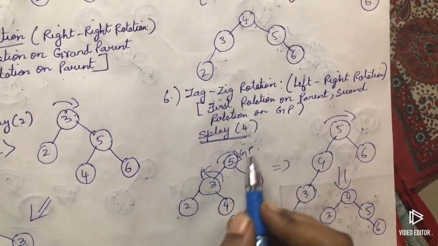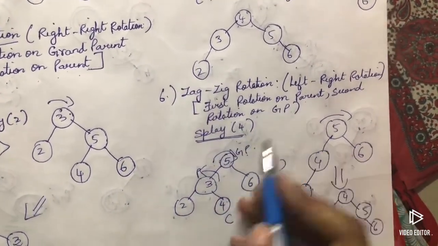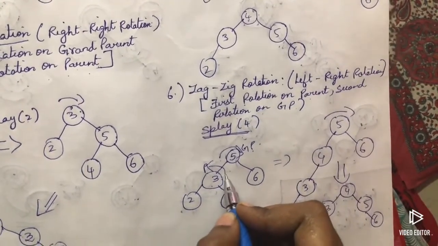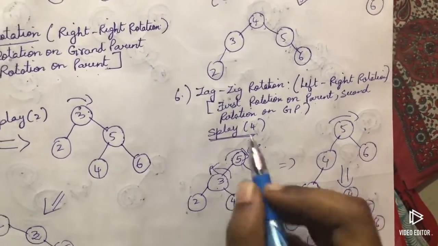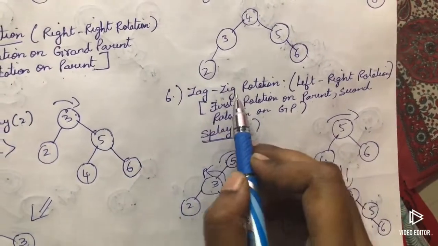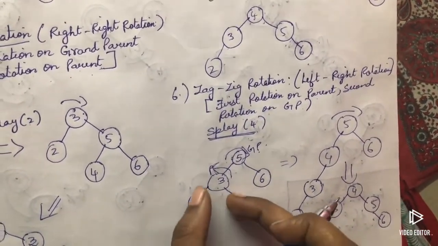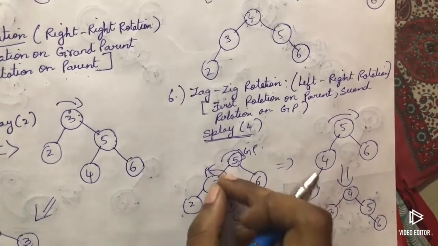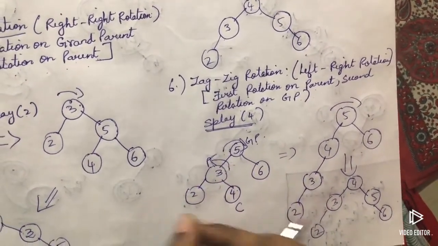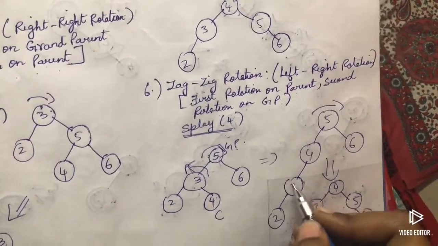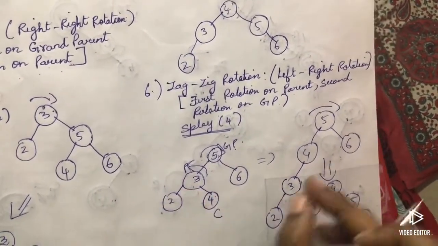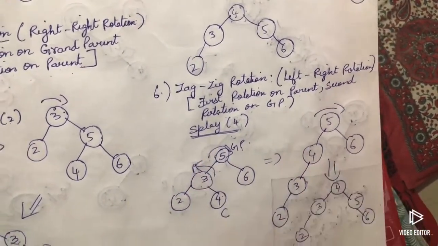Okay, so here what they have said, first rotate on the parent. So parent must be rotated at the left side. Why? Because first zag rotation, then zig rotation. So I am rotating this parent to the left side. If I rotate this, this 4 will go here, and we have to pull this 3 here. So that is what we have written here. 3 is here. We are pulling this, 4 will go here. So this is the diagram.